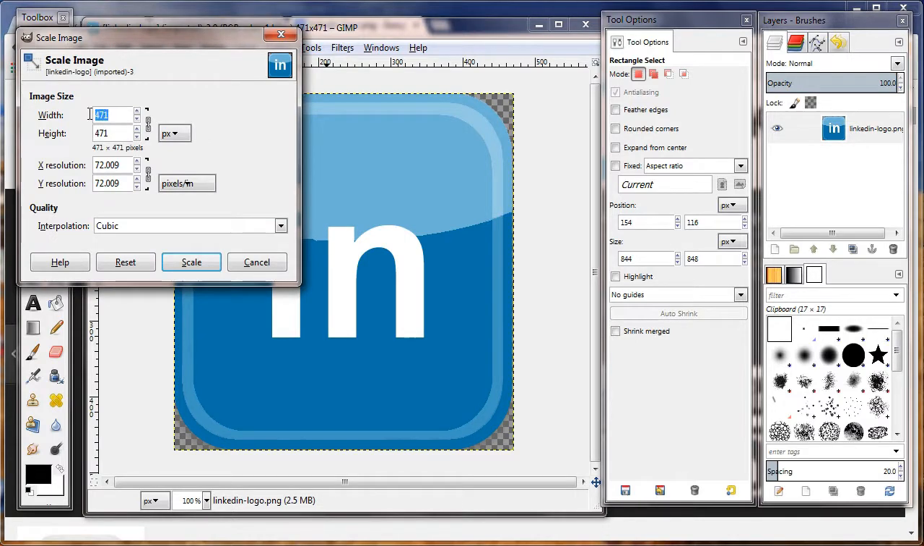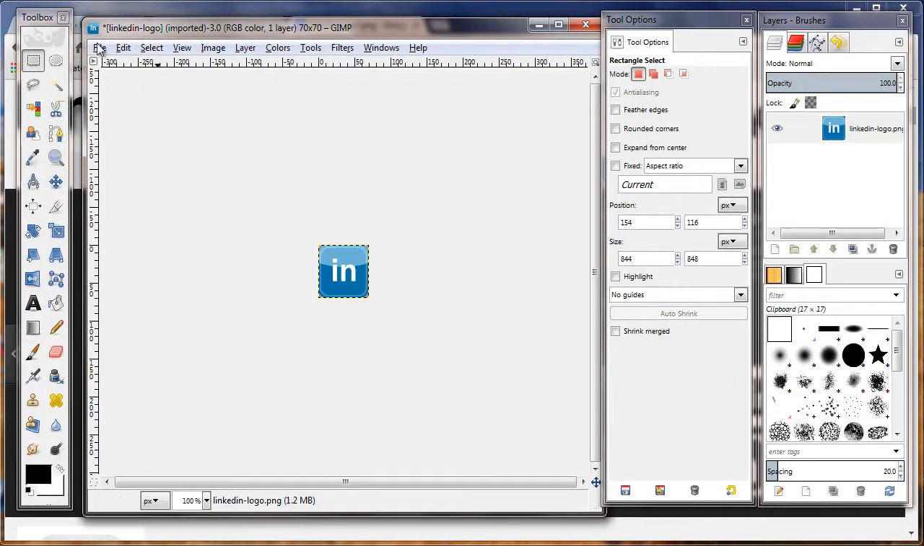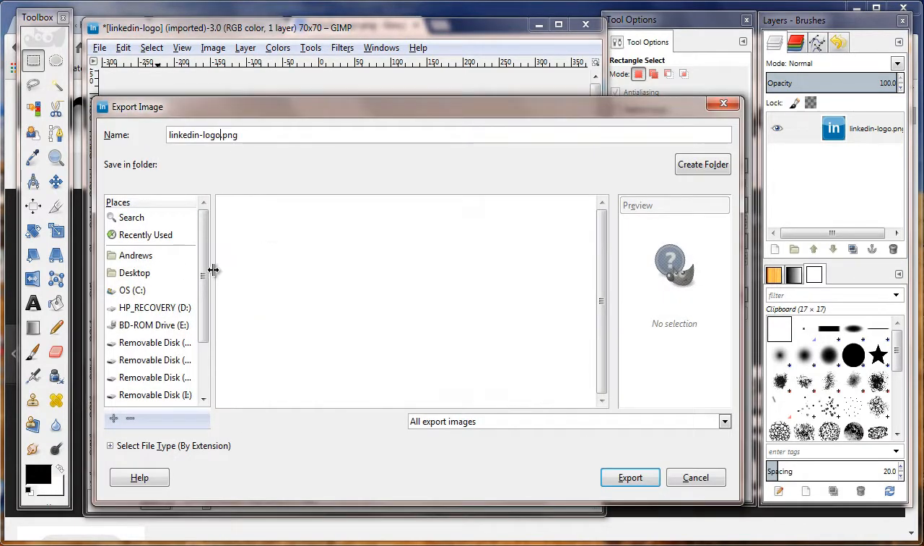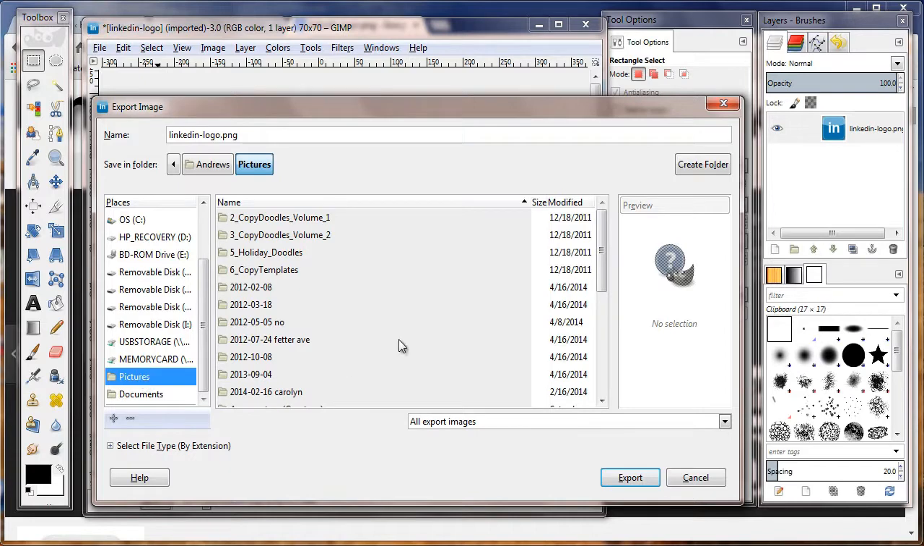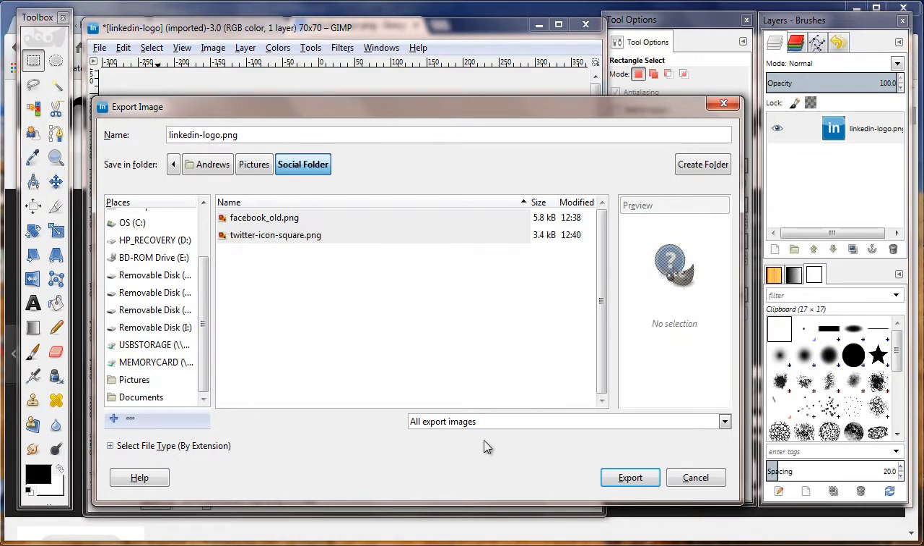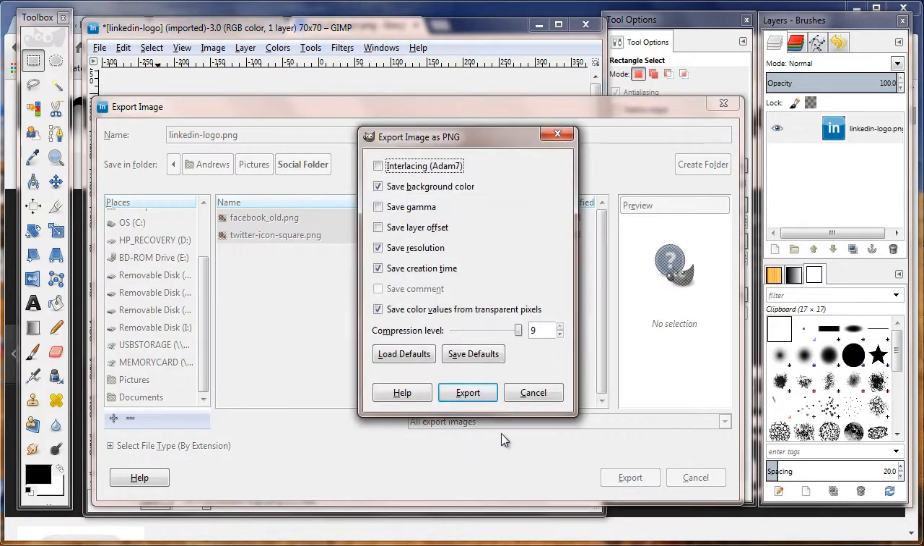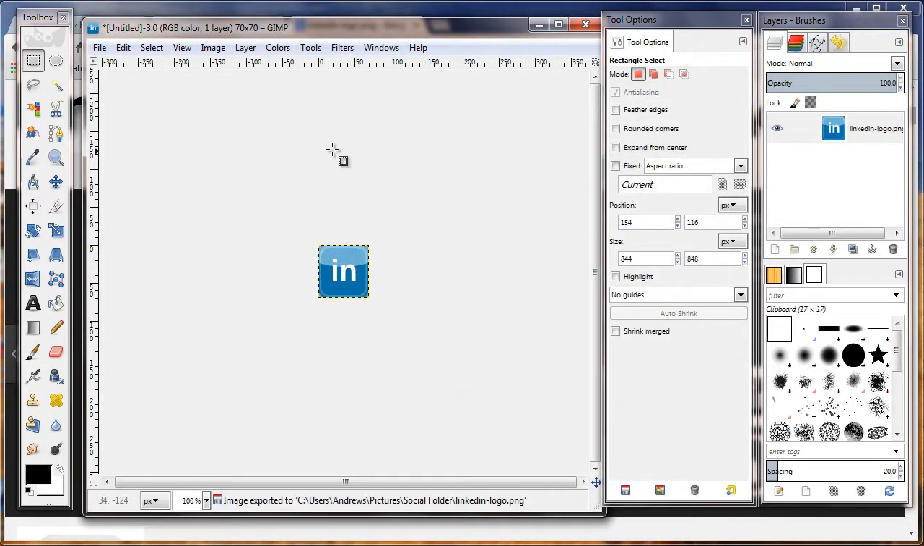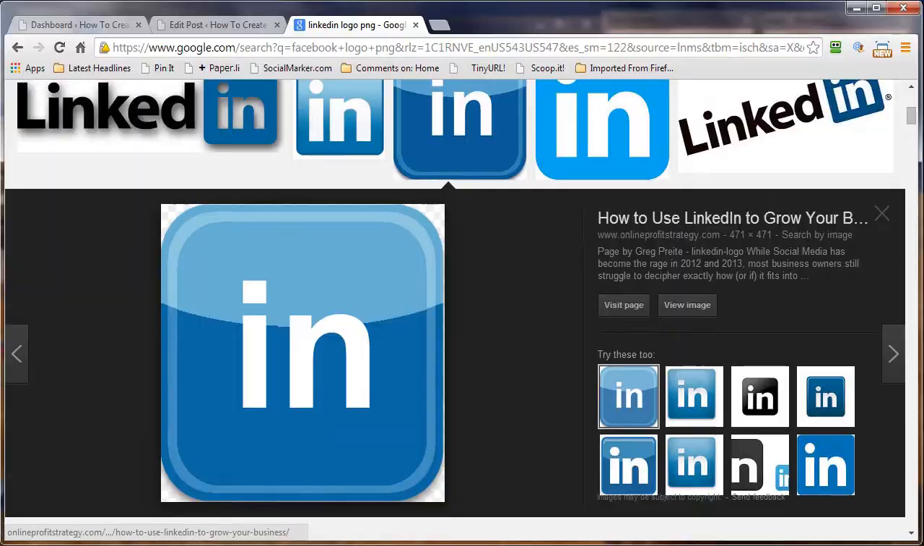And we're going to scale it to 70. And click scale. Okay, then we just click export. Find our folder again and export it here. And then we're going to go back and